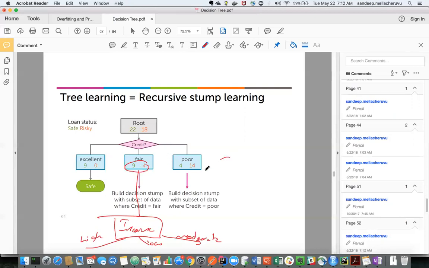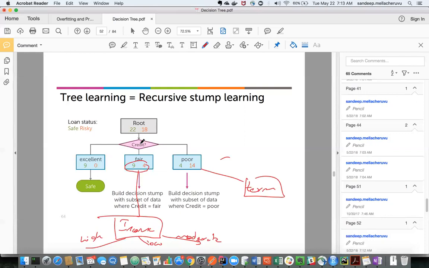Similarly, for poor, maybe term is a better indicator of whether it is a safe loan or risky loan. So try to find out the best possible split among term and income. Do not take credit again, because credit is something that you already split the data on. You will not gain anything if you take credit again. So discard the credit, but start using term and income and try to find the winner the way we found